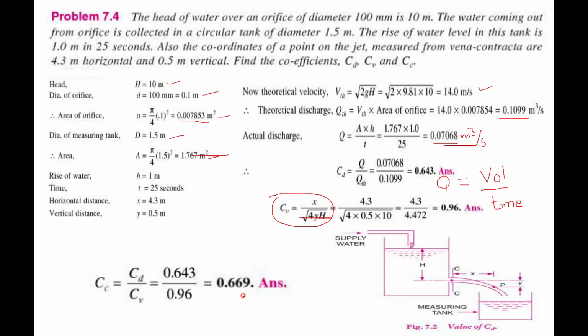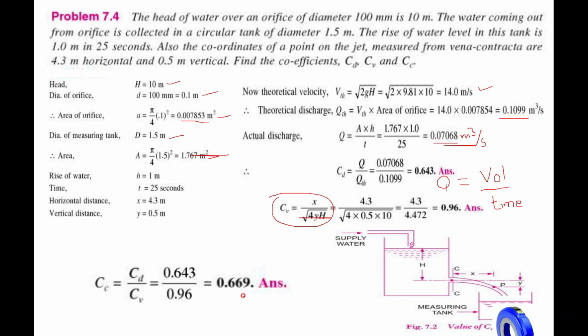So the problems are so simple. The only thing is you have to understand the statement of the problem, then you have to write the given data, then according to the given data draw the figures, mark on the figure what is being given and what is not been given, then according to that you apply the formula and get the answers. And these problems are usually for 10 to 12 marks. They are very important problems for orifices. So try it and practice it and you will understand the problem.